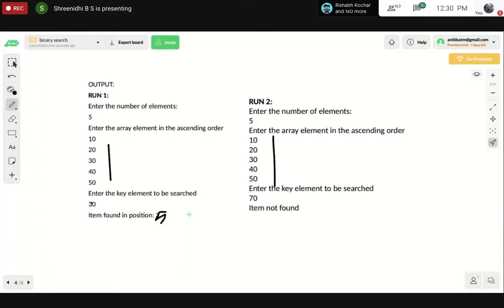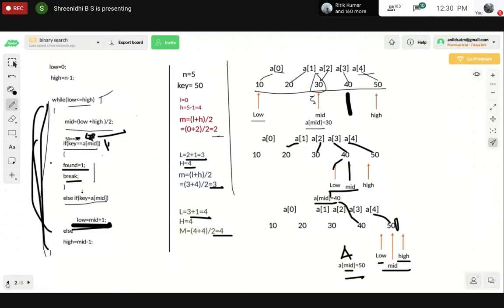For example, if my item was 70, take the same example. If this was also false, go here. Now, 70 means this is false. Again, 70 is greater than 50. True. True means your low will be increased.